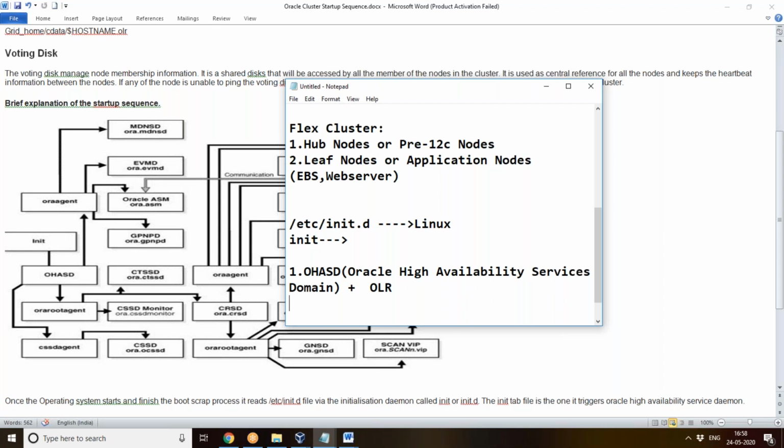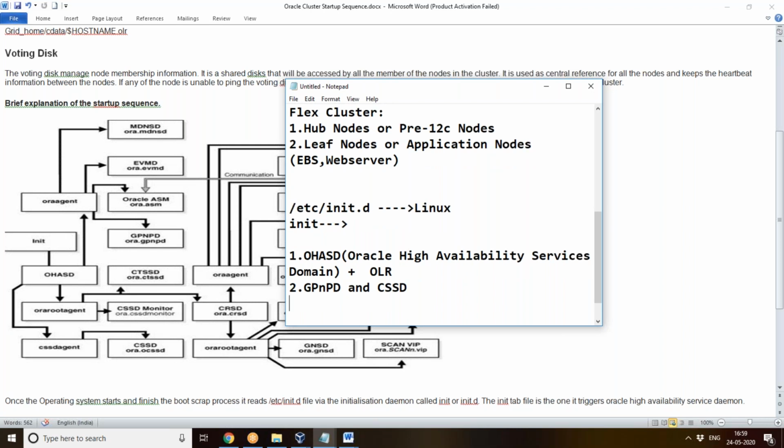Second, OHASD is starting up two processes. One is GPNPD and the other is CSSD. GPNPD means Grid Plug and Play Daemon.